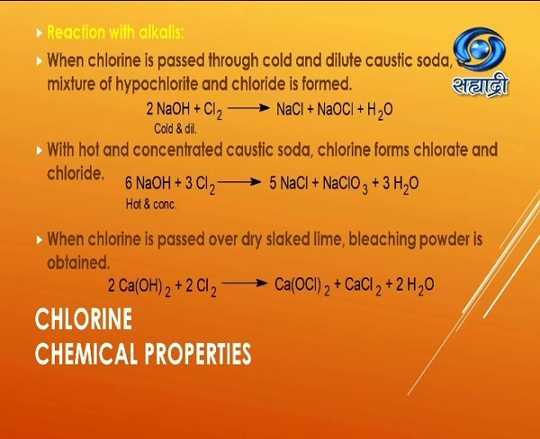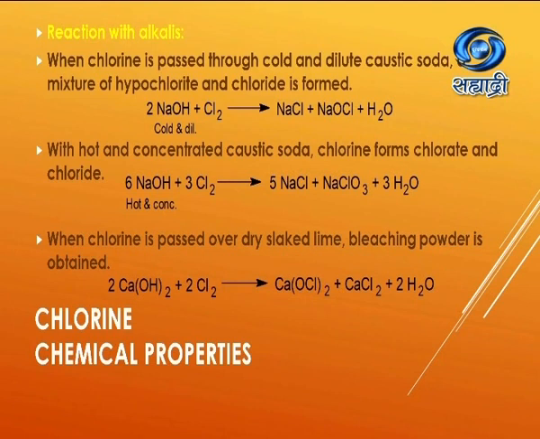Then reaction with alkalis. When chlorine is passed through cold and dilute caustic soda, a mixture of hypochlorite and chloride is formed. So 2NaOH plus Cl2 gives NaCl plus NaOCl plus H2O. NaOCl is sodium hypochlorite. So when chlorine gas is treated with cold and dilute sodium hydroxide, it forms sodium chloride